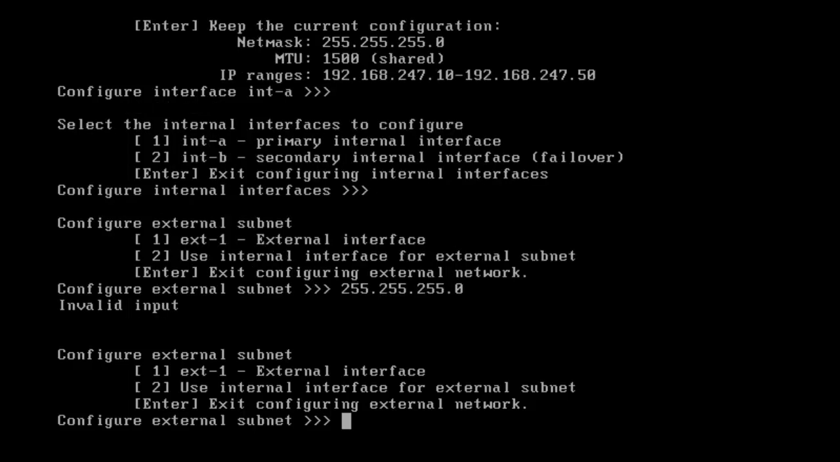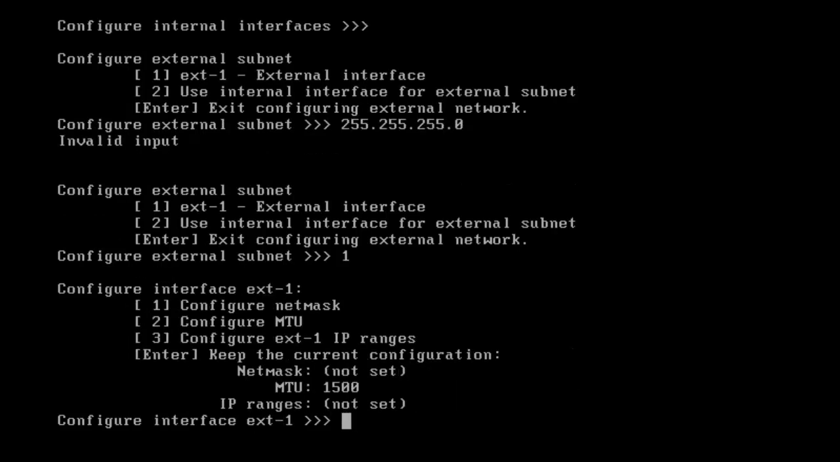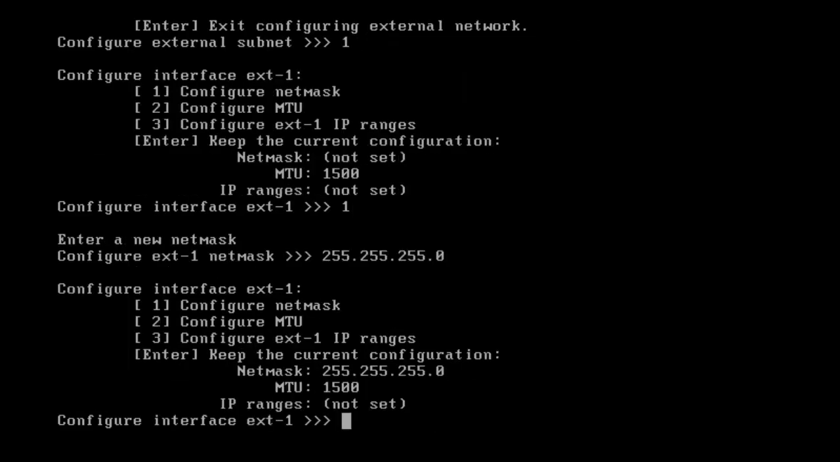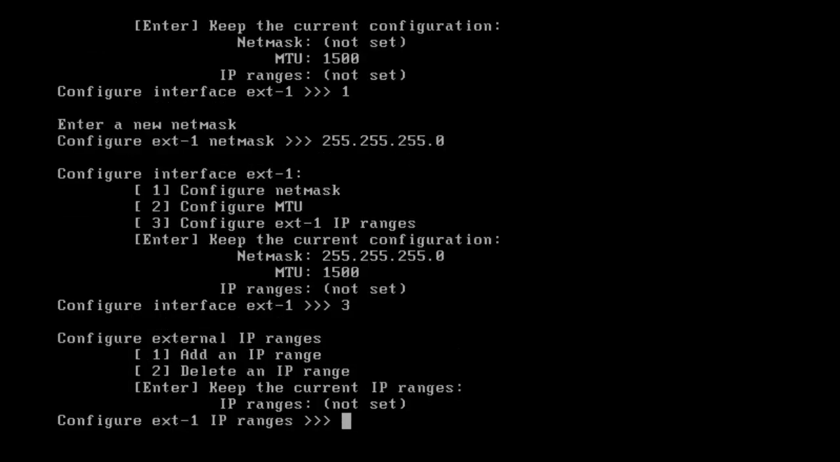Let us take the first option, external interfaces, and let us configure the subnet. It is 255.255.255.0 and then MTU will go with the default one. Let us configure the IP range. To configure the IP range, we need to select the third option and